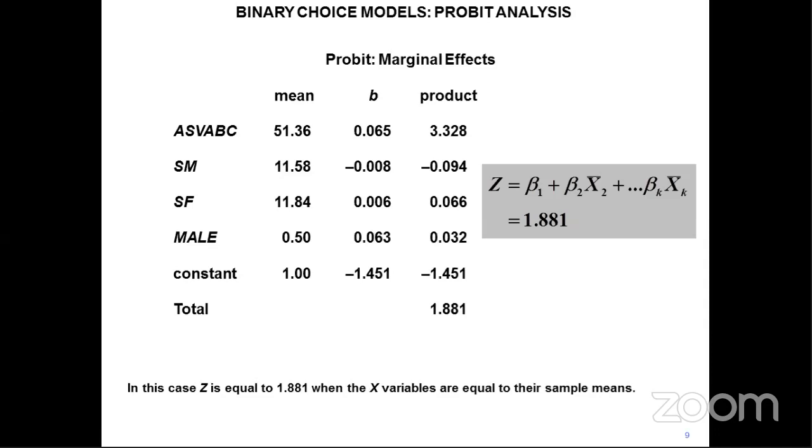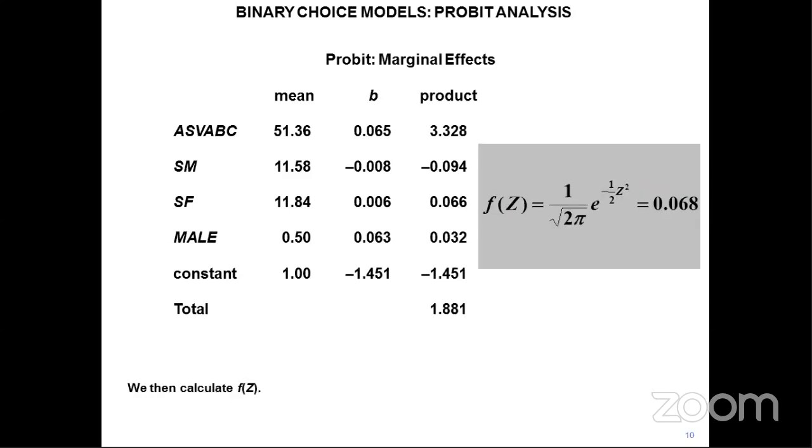That's why the marginal effects are simply the products of the mean values of the variables with the estimated coefficients of the model. That is the only one point which you should bear in mind. So then based on this, finally the f of z, the marginal effect is